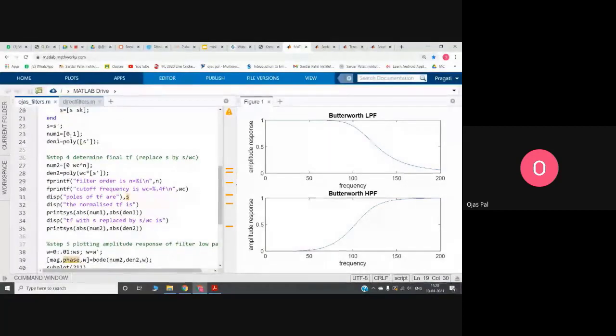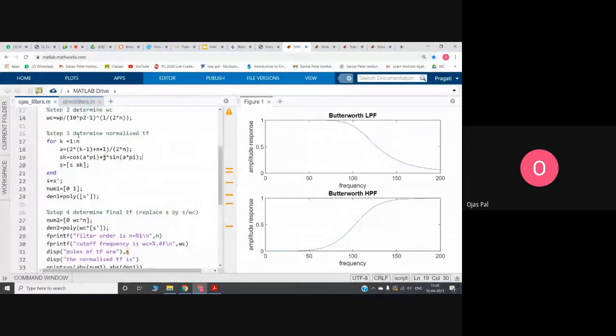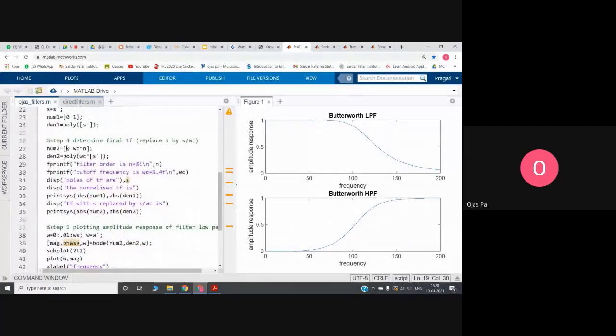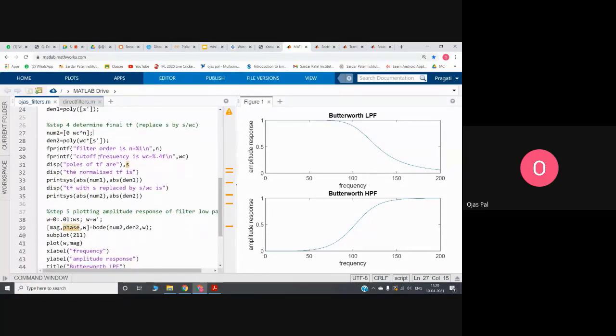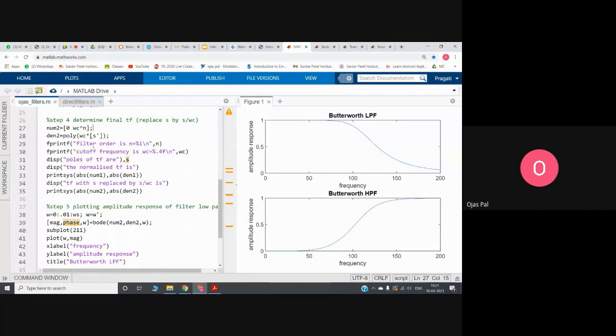So the numerator will be omega c raised to n, and the denominator will be, we have taken the polynomial function and multiplied omega c with s transpose. Now we are taking the output.